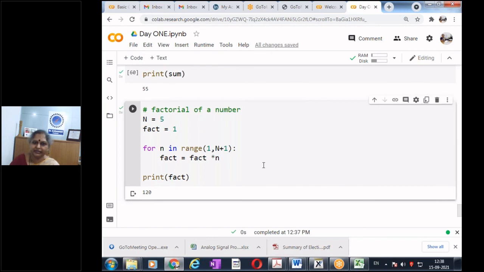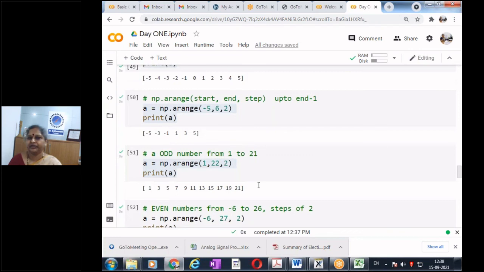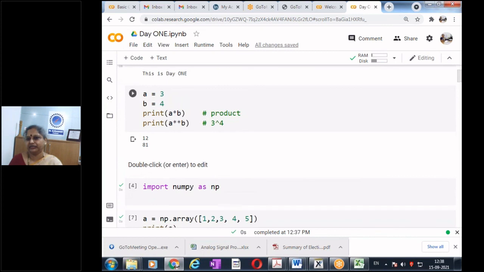Whatever we have done today, this program, I will share it with the coordinators and they will mail it to each of you. You have built the file and it's for you to try out some more numbers, in case you have missed out on some commands. You can try additional functions. You can go through the NumPy library and see what additional functions are present in NumPy. So we stop here for today.